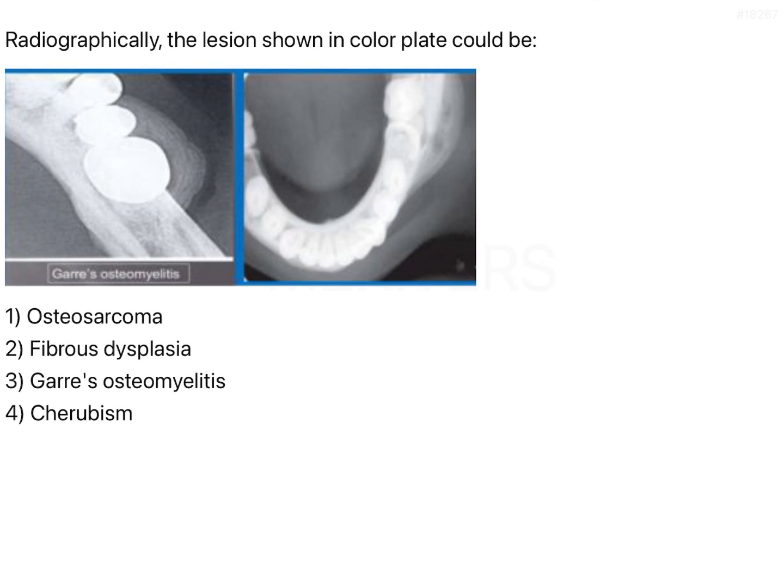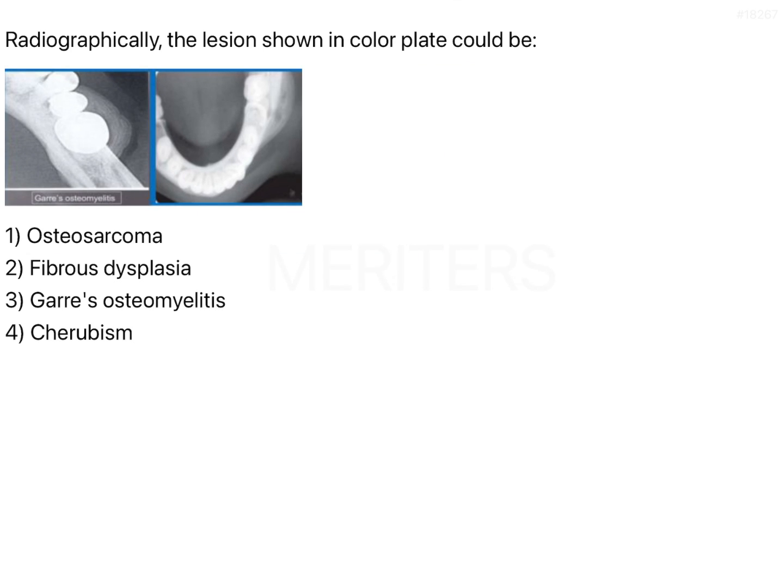The question is, radiographically, the lesion shown in the color palette could be. Okay. So the image has already shown that it is Garre's osteomyelitis. However, if we bar this completely, what we need to remember over here is that you can very clearly see